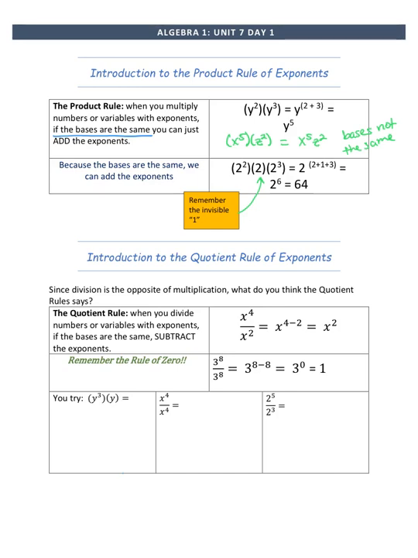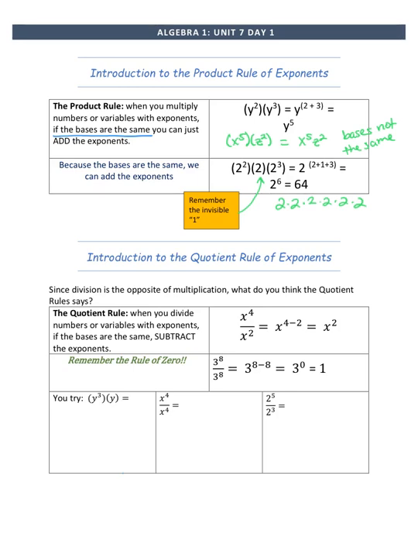So look, we have 2 raised to the 2 plus 1 plus 3, which is 2 to the 6th, which is 64. Not 2 times 6, which is 12, but 2 to the 6th power. 2 times 2 times 2 times 2 times 2 times 1 more 2. Okay? Last rule you're going to learn today,